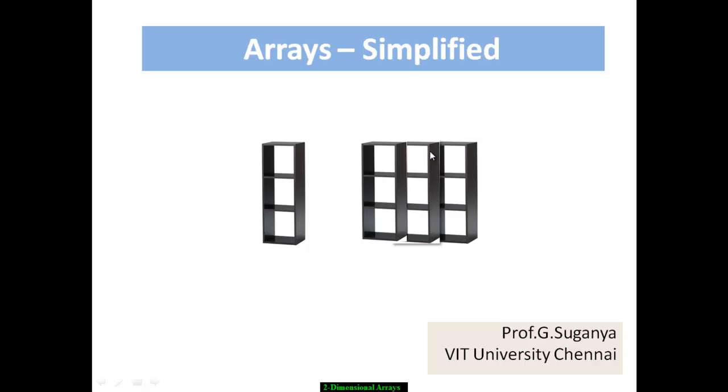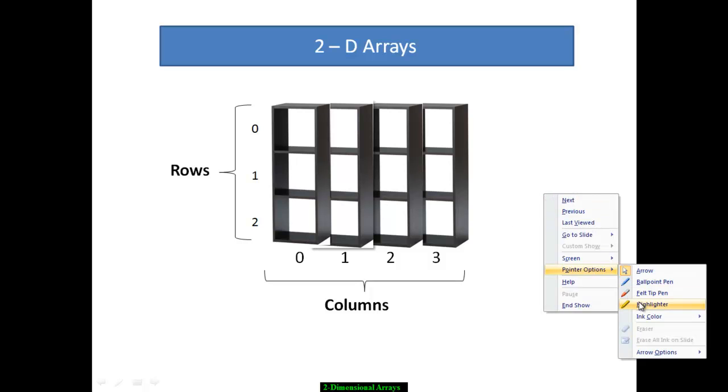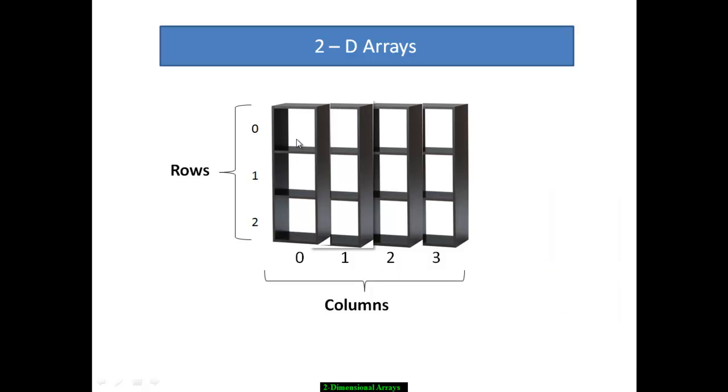Okay, so we do have two dimensions, one in the x direction, another in the y direction. The number of entries in the x direction is what is called the column. If you look at this diagram, we have 4 entries. Let me pick up one highlighter and show you. This is the first column, this is your second column, this is your third column, and this